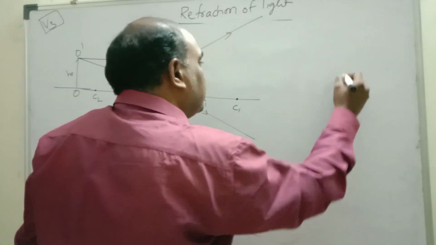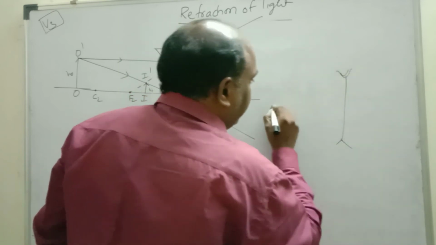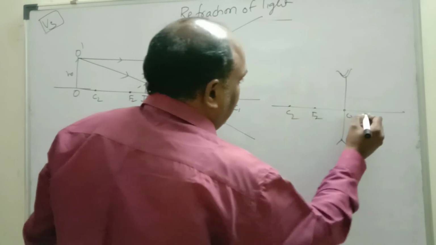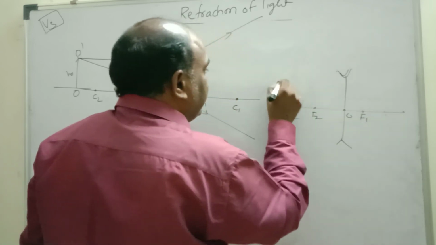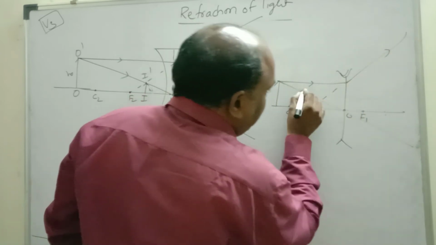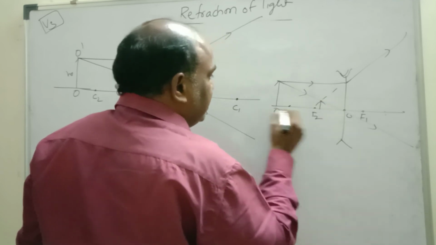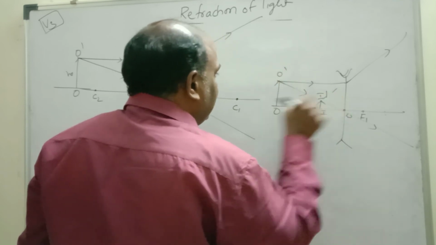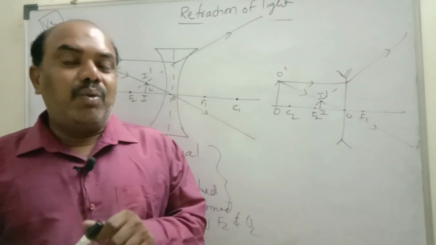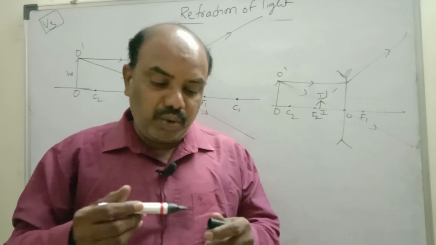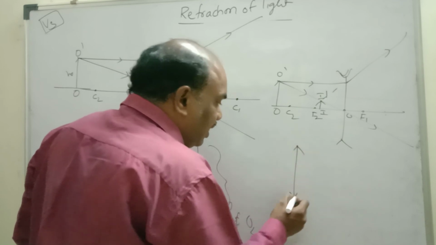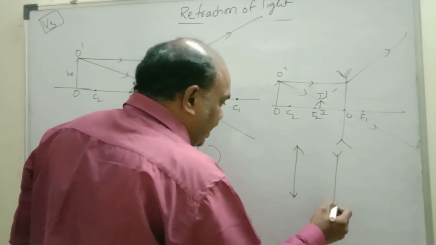Is it required? Okay. Concave lens, principal axis, this is O, F2, C2, F1, C1. You place the object anywhere, a parallel ray diverges and seems to meet at the focus, and one more ray going through the optic center goes undeviated. This is the image. This is O, this is I. O dash, I dash. Understand, children? This lens is used to rectify myopia. Already we saw in the 5th chapter, Human Eye and Colourful World, in Eye Defects. A convex lens is used to rectify hypermetropia. This is for hypermetropia. This is for myopia.